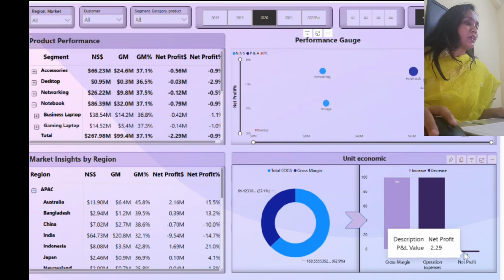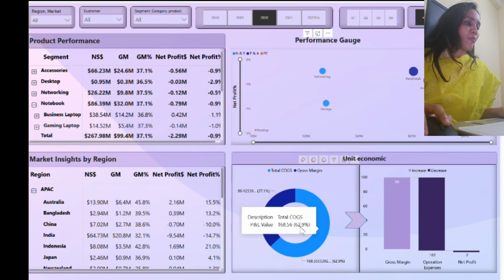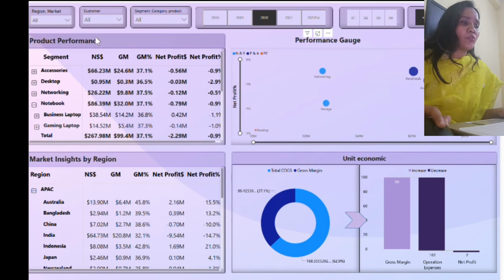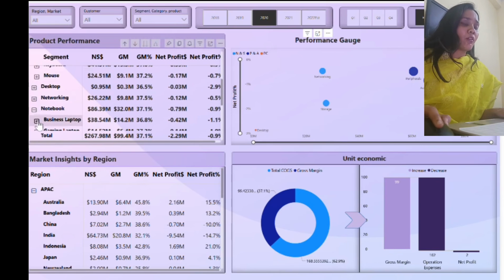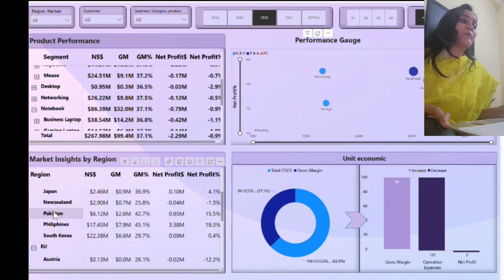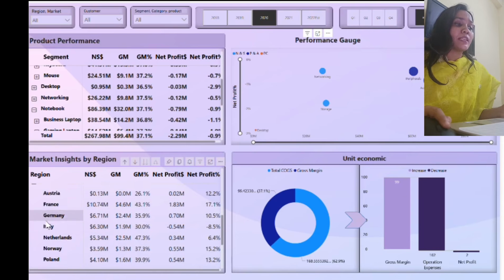Again, this table shows the product-wise performance, and the market insight by region. If you want to see individual segment-wise performance, the net sales, gross margin percentage, net profit and net profit percentage, it is there. And the second table is market insight by region. So if you want to see any particular region like EU, revenue and net sales and gross margin,